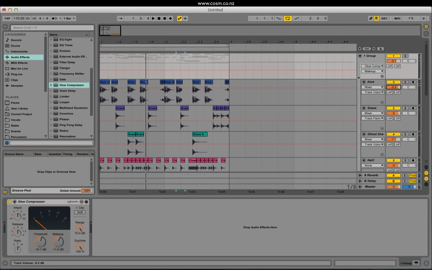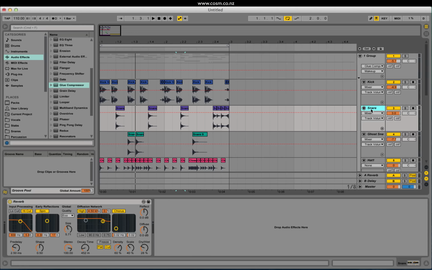I reckon the kick's too loud, so I'm going to bring this down a bit. This is just kind of a really rough mix. Now, I don't think that snare has enough punch, so what we could do is add another audio track within